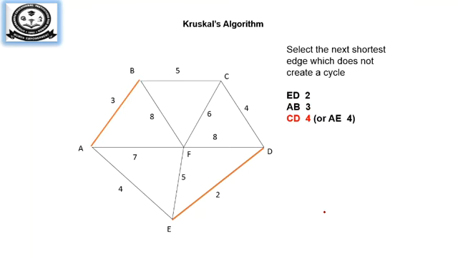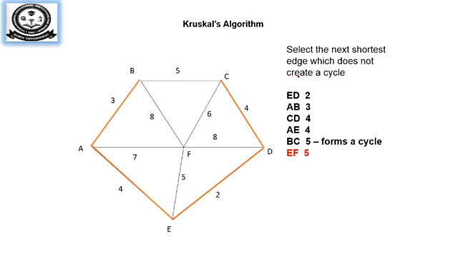So the next edge is CD. Both CD and AE have the same weight. We can have either CD or AE, in alphabetical order if you want, or it is our choice. It's a greedy technique, so you can choose your own approach. I am choosing CD first, then I am choosing AE. Now you can see all the cities are connected except F alone.